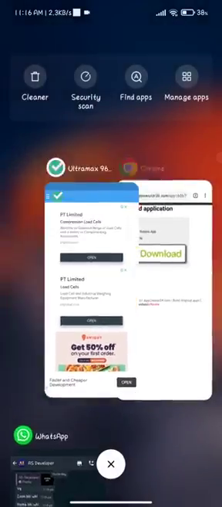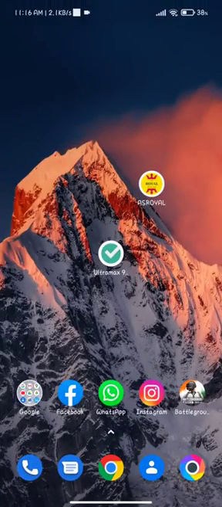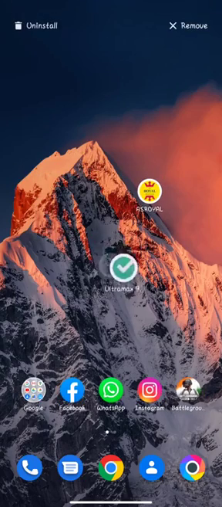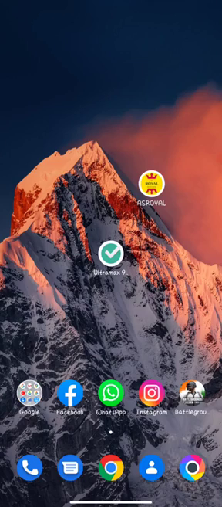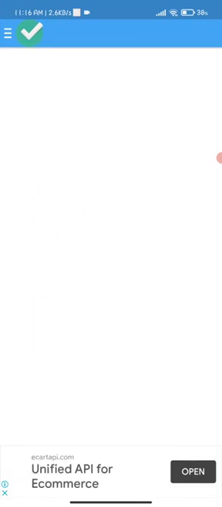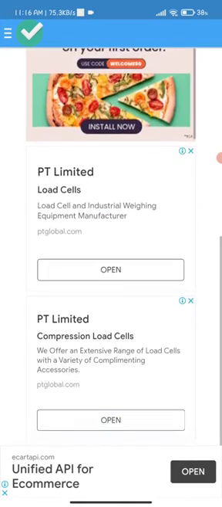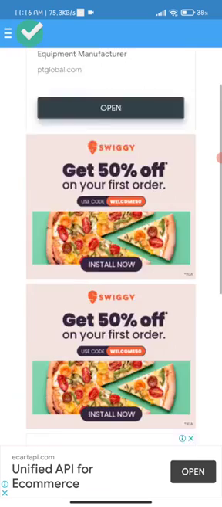So first of all, let me close this. Okay, I have closed these applications. Now after closing this application, I will reopen it and show you how this application works and how it loads its ads. First of all, you just have to open this application, and there's a splash screen and you have to wait here. After some time an ad appears on the screen. You can see there are a number of banner ads appearing on the screen.